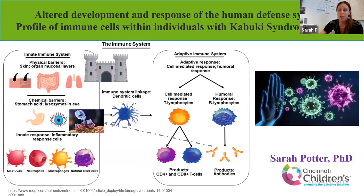So what is the immune system? It usually protects the body against outside invaders and microbes and other things like that, but it's also important for development and clearance of rogue cells that might be involved in cancer and tumors. It also is involved in organ development, and it clears dead and dying cells away. So the immune system has a lot of other lesser known roles, but to focus on the main